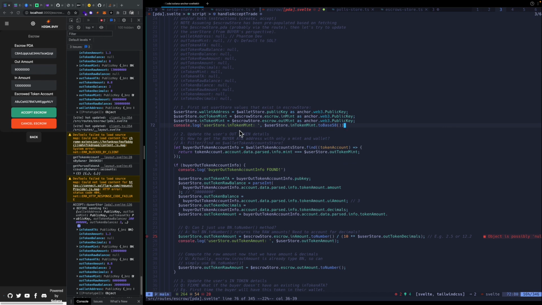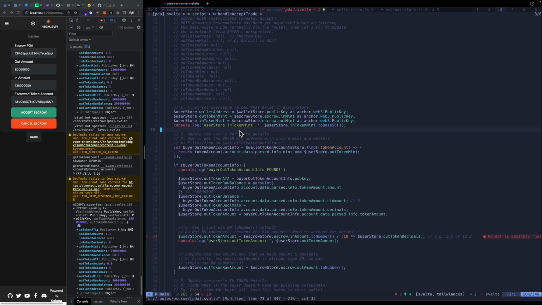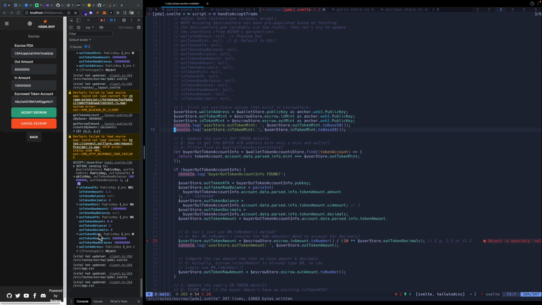I'd like to log out token mint. Okay, I should be able to see those printed out when we do this, rather than being hidden in this way. But then the raw constraints of the buyer in token. Okay,